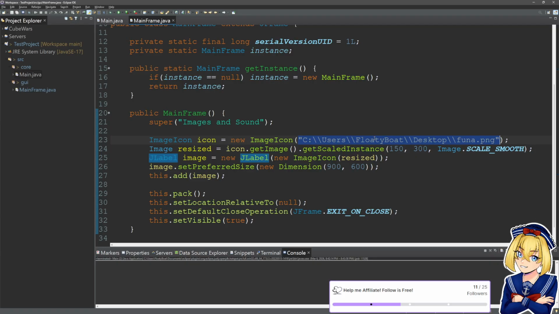I like my games to be completely bundled into one file that you just double click and your game runs, and it has all the images, all the code, all in one package. I prefer it that way. Some people prefer it this way, and you can do a relative location too. So if this was one folder up, I could do dot dot backslash Funa or dot dot forward slash Funa, whatever.